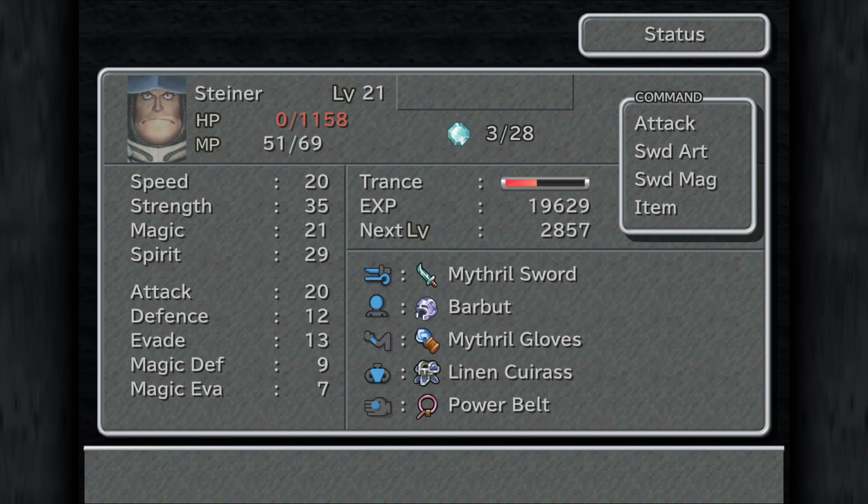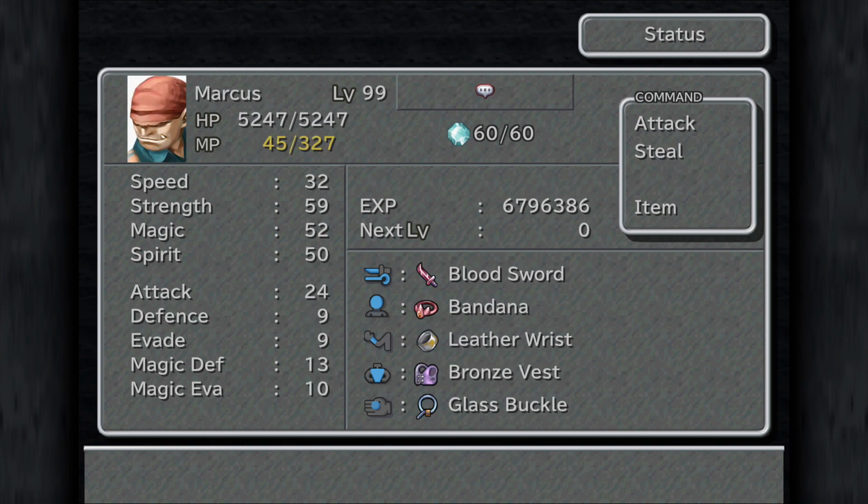But Spirit is at 50. So basically his Spirit is capped out. If I remember correctly from checking online guides, Speed and Spirit max at 50, Strength and Magic max at 100. And the reason to do this trick where you go off screen and level up Marcus to 99, which I think is the max level, not 100, is because there are